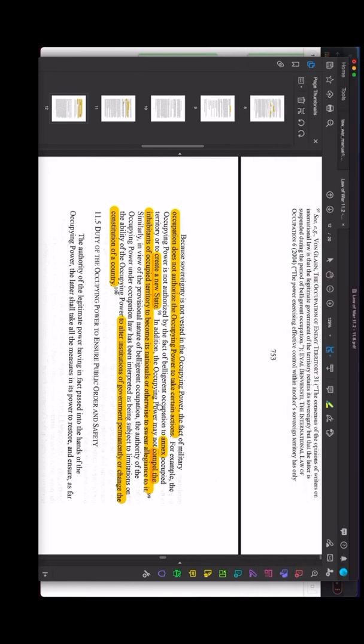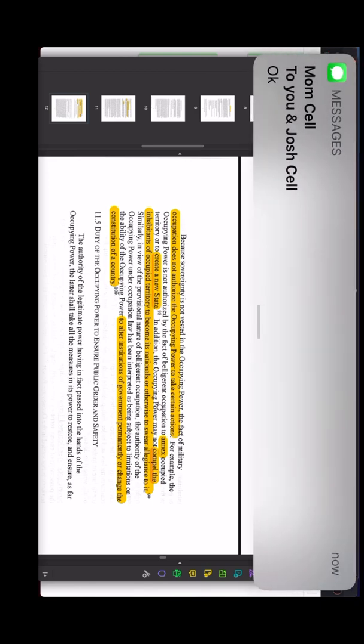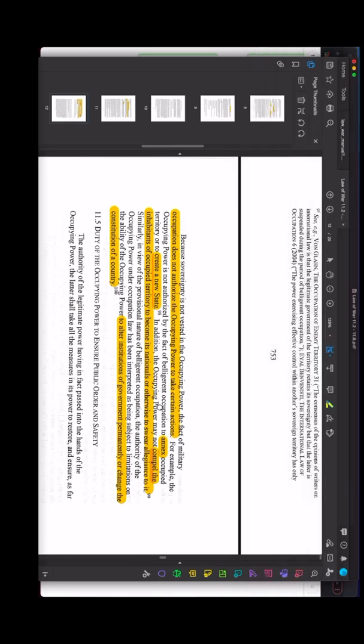In addition, they cannot compel the inhabitants of an occupied territory to become its nationals or otherwise to swear allegiance to it. Now, this part, again, my opinion, my interpretation, but I think this means two things. One is, let's just say it was China that had occupied us, they could not require us to become Chinese citizens, and they could not require us to swear allegiance to China.